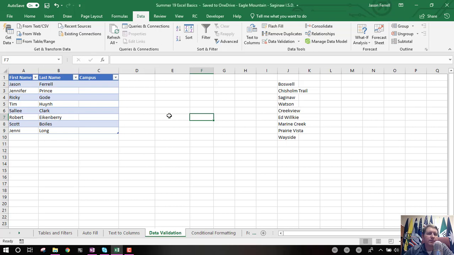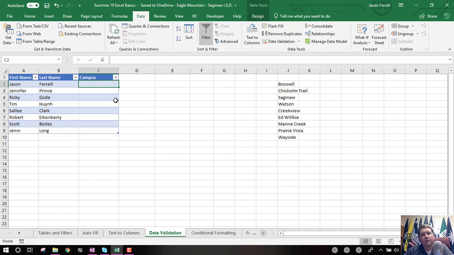Okay, guys, so let's say that we are wanting to fill in some information on this table here, and we've got first and last name, and we're going to write out which campus they're signed with. Now, this would be relatively easy to just type in the campus name, but it would be even easier and more awesome if we had drop downs here. And we could just click the little arrow and it shows us a list of the campuses, and we can just click on which one it was and then move on to the next one